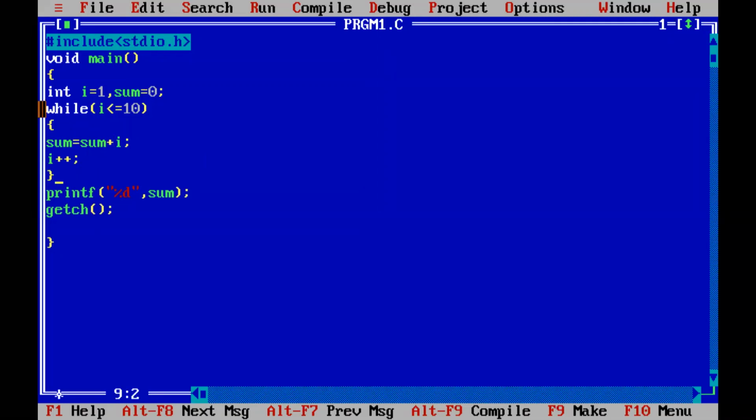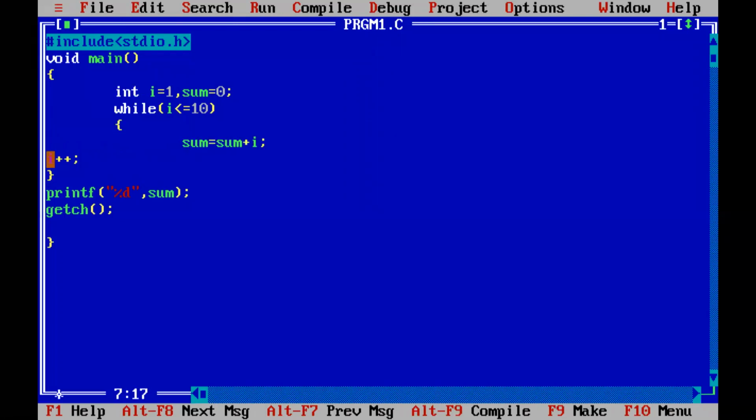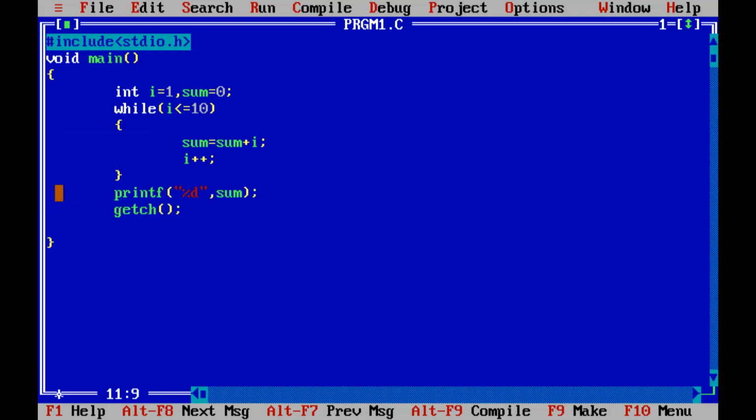So what will happen now? I'll give a tab. You have to give proper indentation when you are writing the program. These are the lines which have to execute when we go inside the while loop, right? I'm giving tab space now. Under main, which comes under this bracket, we are executing only this line. One space is enough. These are the lines which we execute in a sequential execution of the program, right?